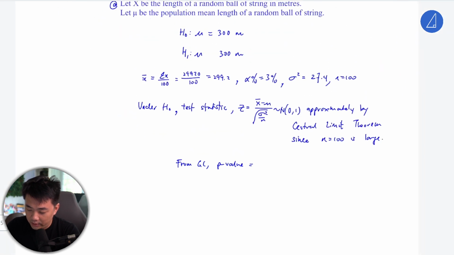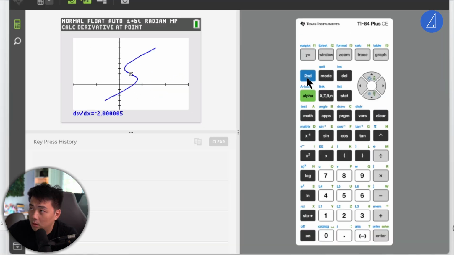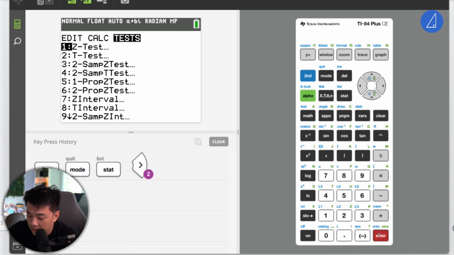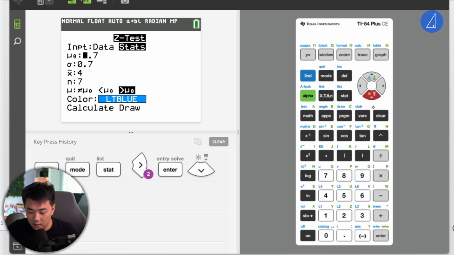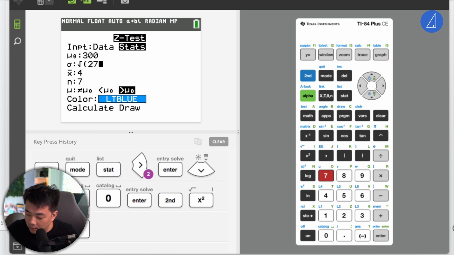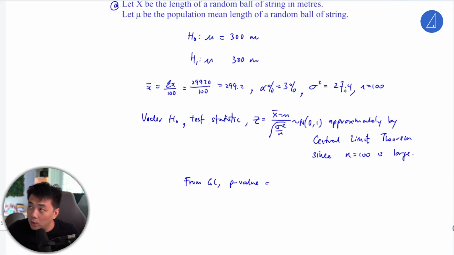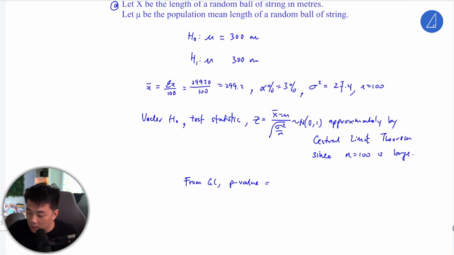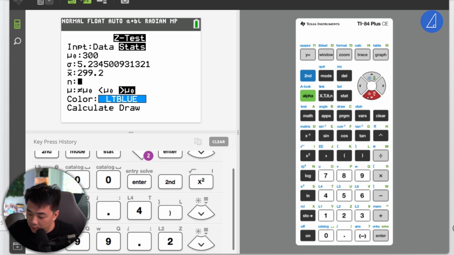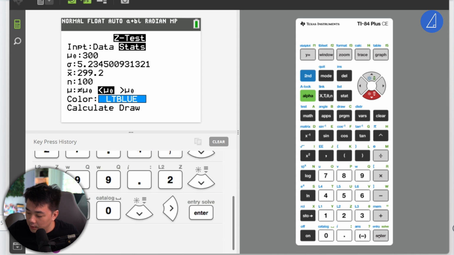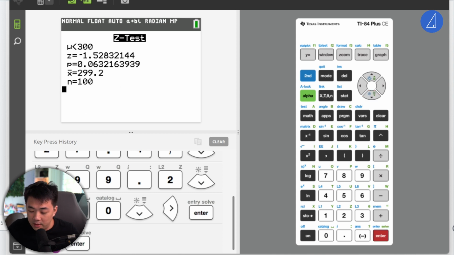So just bring out the GC and key in all this information. We go to stats, then test, the z-test, then the data. I'm pretty sure mu is 300, so put this as 300. Then sigma is the square root of 27.4. Just remember, this sigma is the population standard deviation. The x bar is 299.2, and then n will be 100. I'm counting towards the left tail, and then this is it. So my p-value is